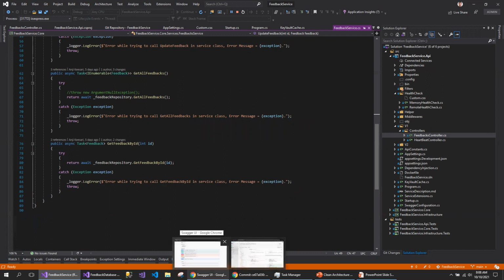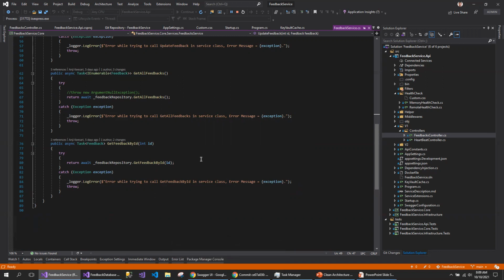So let me first log into the Azure portal. The expectation before you start watching this video is that you already watched the previous video so that you are able to hook with this. And secondly, you should have the Azure subscription, Azure login, so that you will be able to create the account and create the services in Azure.